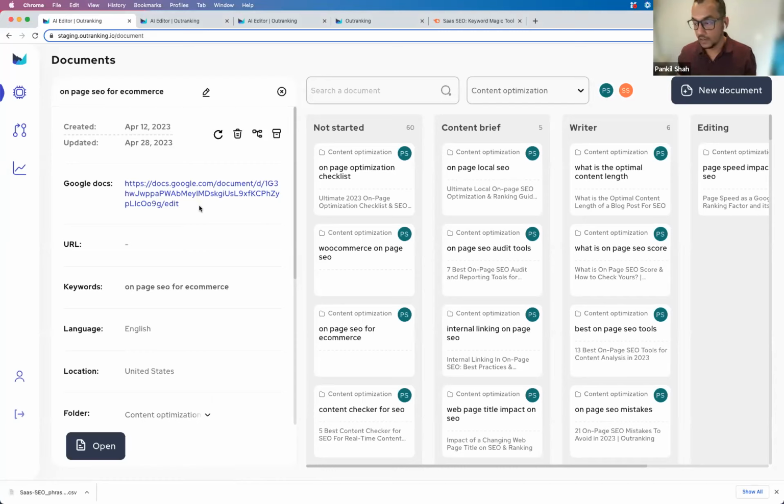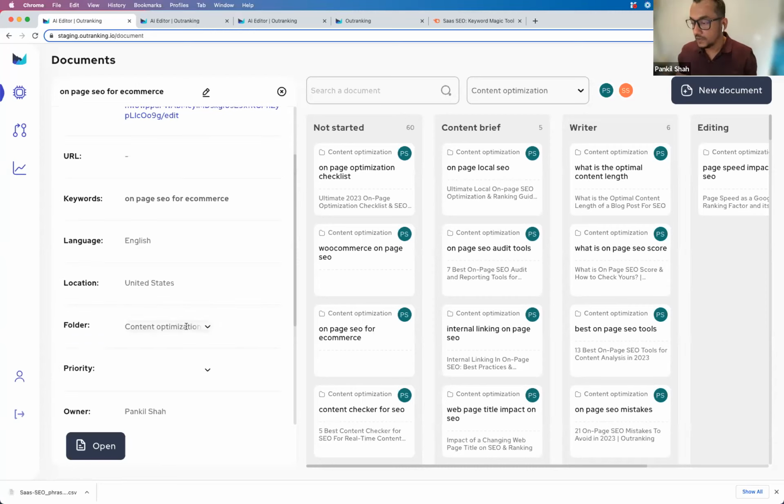The first time the file is created, the content is automatically pasted into Google Doc, and after that you can sync it up to your requirement. Your writers, everyone who's working with the SEO documents, will have all the assets in one place, and you can collaborate much easier and work with the tool that you've been working with for a very long time.